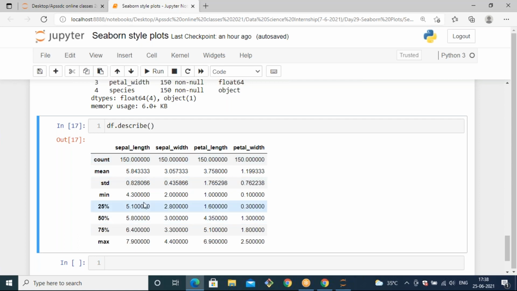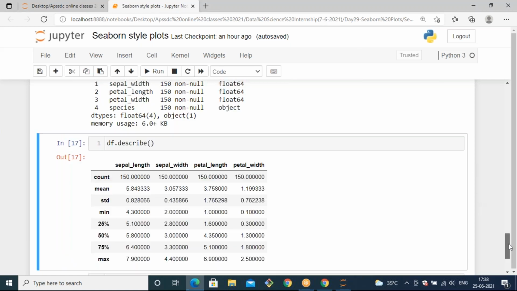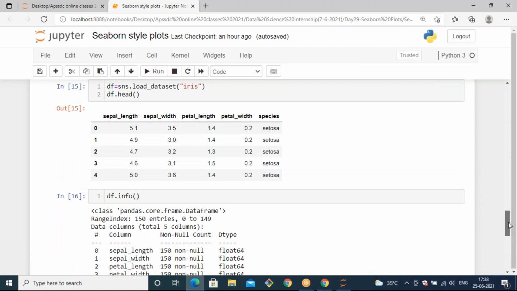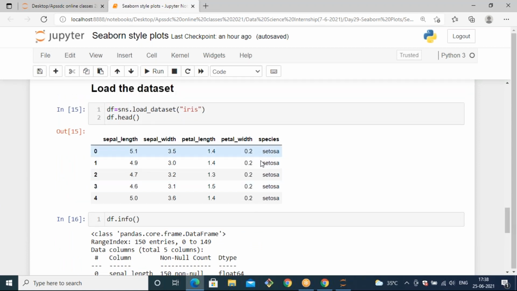Like this you will get some statistical information. Based on this, we need to analyze something. Other than species, all of them are input features. In the species, I have some object data like Setosa. If you see the first 5 rows, there is object data in species like Setosa.